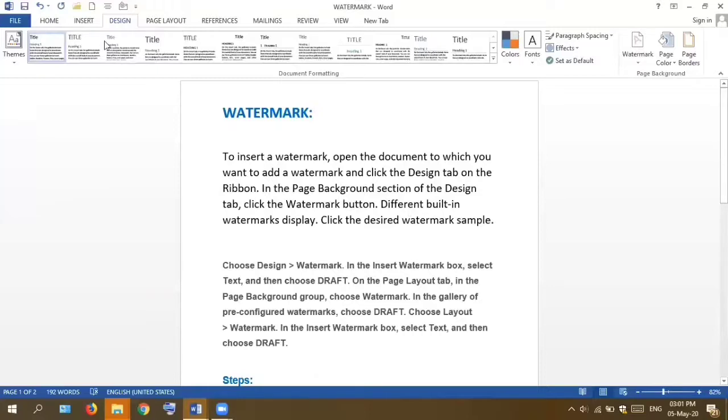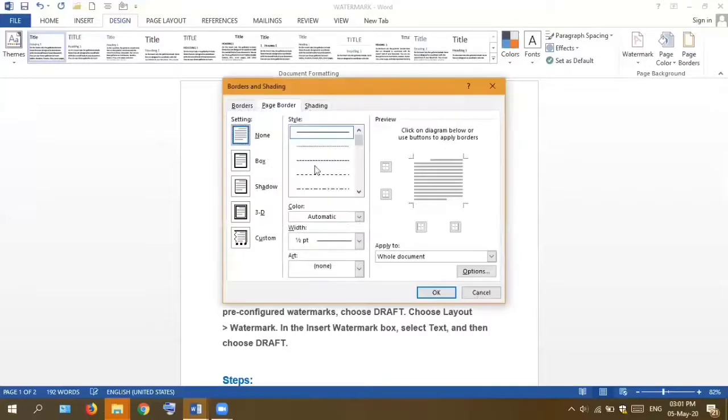Again, for page border, I will select page border. So there are multiple options. On the left hand side, I get this dialog box. It says, what is the setting type do you want? Borders. So this is setting, none, box, shadow, 3D. This is a sample, a preview of your page. Custom. So here you can select anyone. Let's say I select box. So this is a box given here. You can pick anyone. Now, how do you want page border or outline?